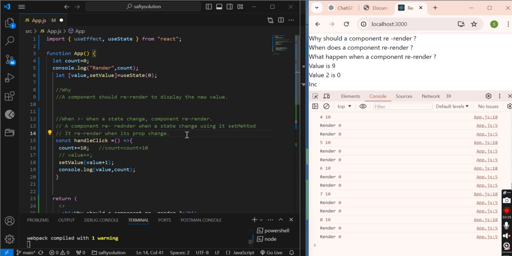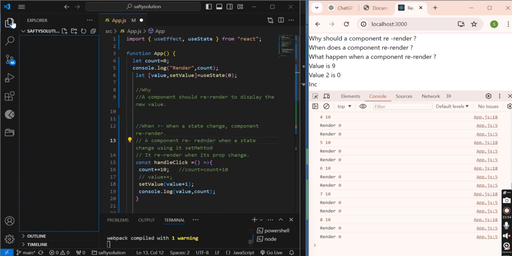So there are two scenarios when a component re-renders. The first scenario is when the state changes. The second scenario is when its prop changes. Let's see how a prop changes. Let's prove this point.